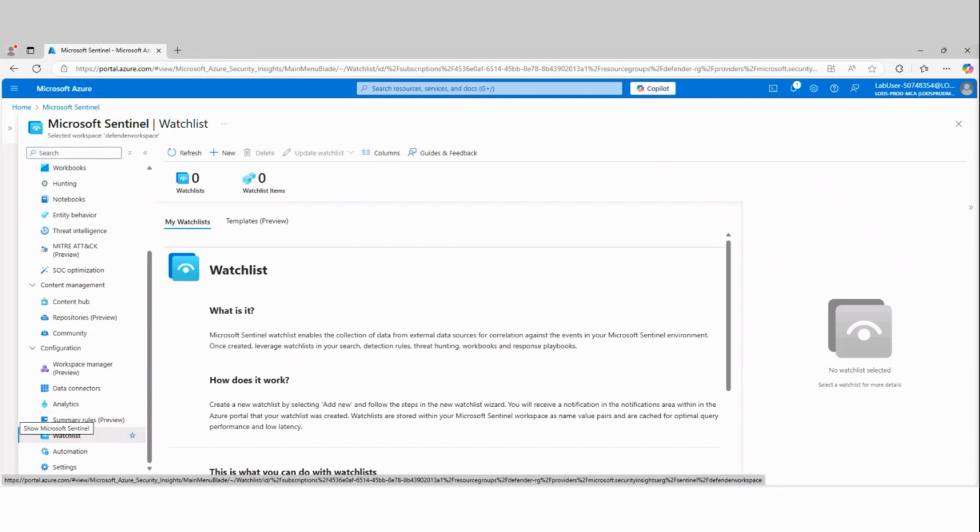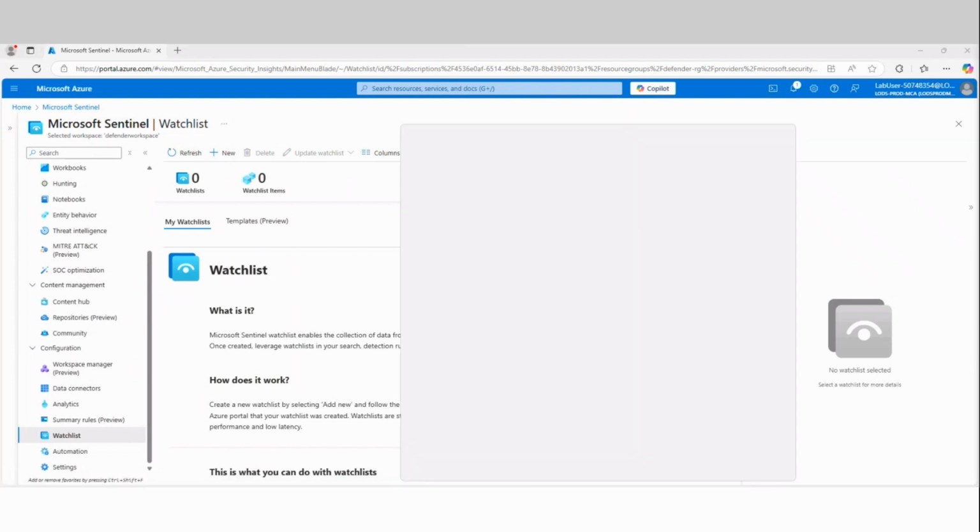Now, a watch list is basically a grouping of object names. It could be user account names, it could be computer names, it could be services, whatever it is, but it's a group of resource names that you always want to query together. And instead of manually typing in every name every time, you can create a watch list that does this.